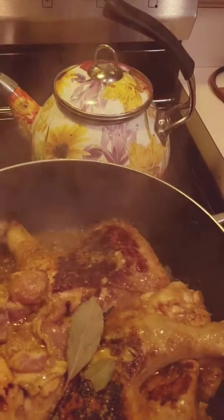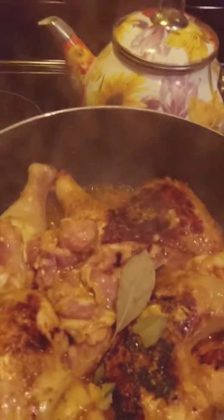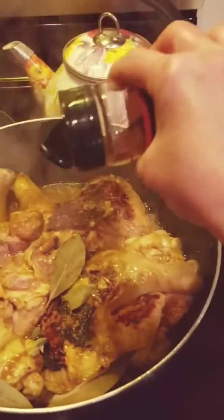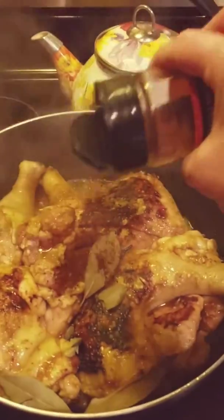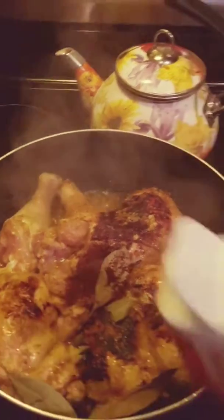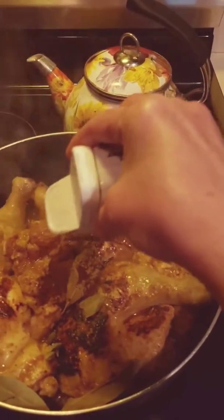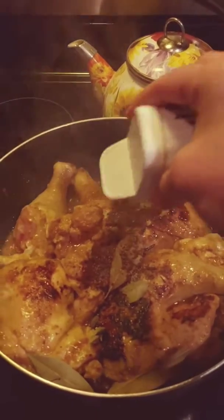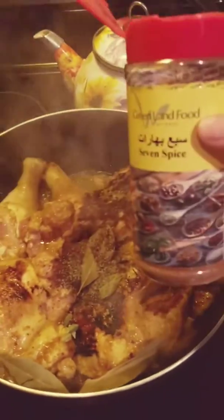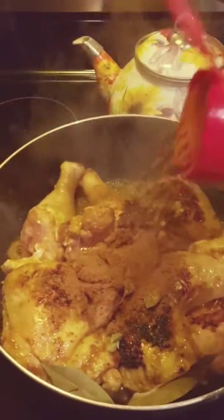cardamom, chili, small spoon, black pepper, small spoon, فلفل أسود شوي، نص معلقة، 7 spice، 7 بهارات، معلقة صغيرة، sea salt, half spoon،